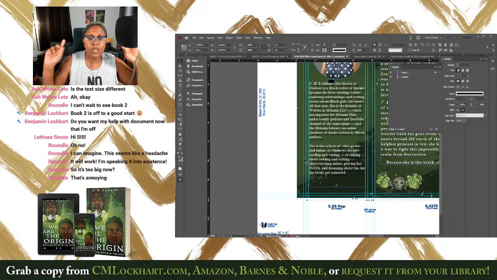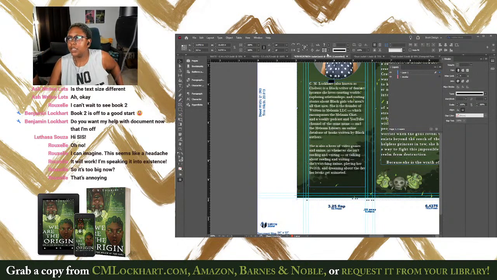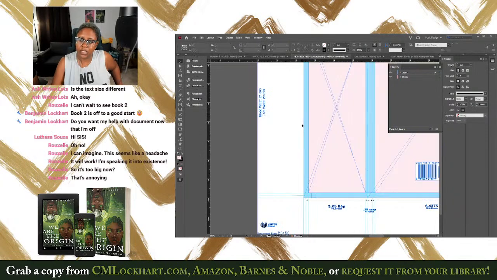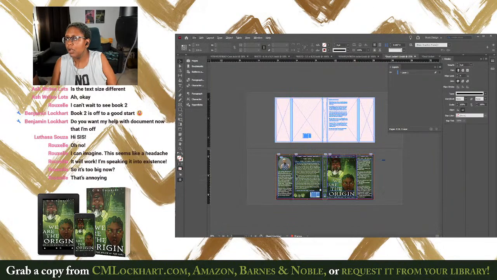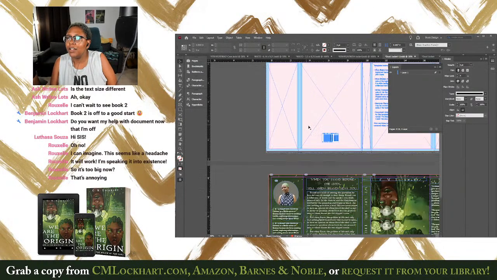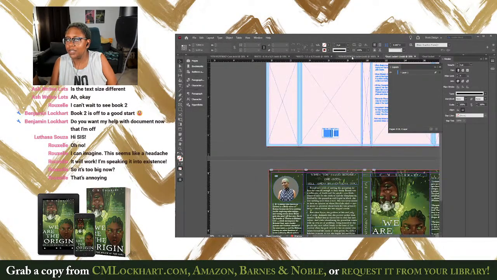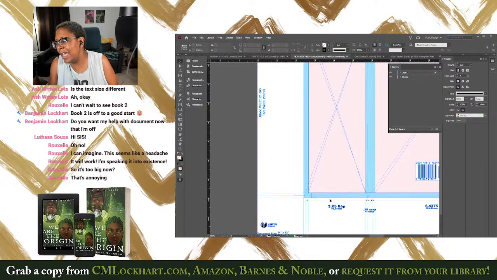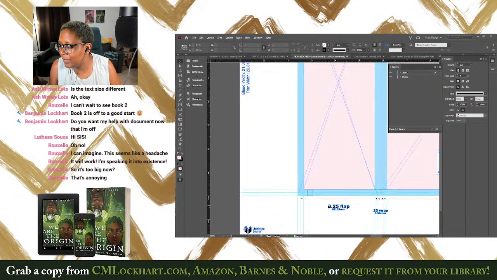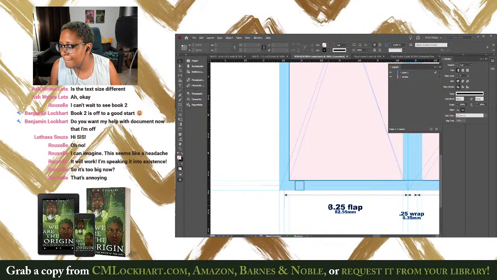So, that being said, as I said, you guys, we are going to give this dust jacket thing a rest because it's frustrating me and I honestly don't know where we have gone wrong. I've created the documents literally to the exact numbers. Y'all saw me do it. I copied the exact same numbers in here. This says a 3.25 flap. The problem is,